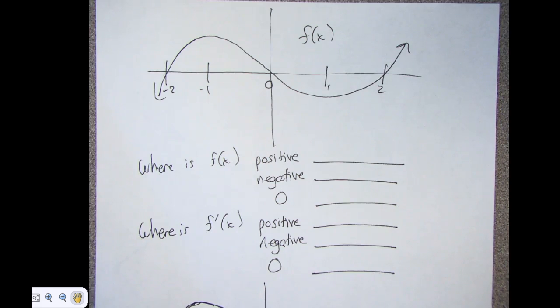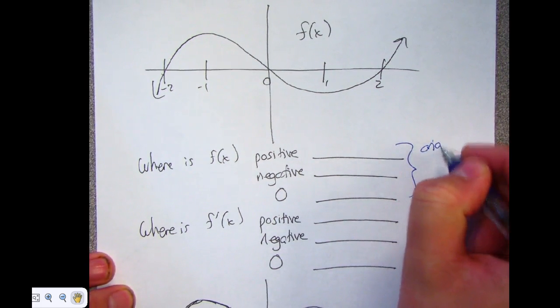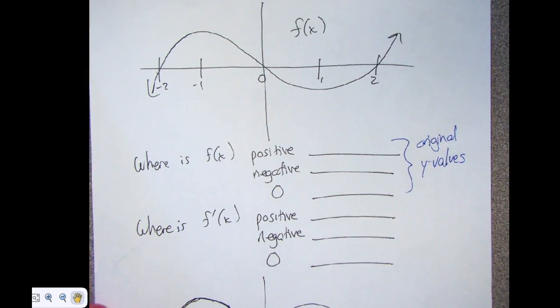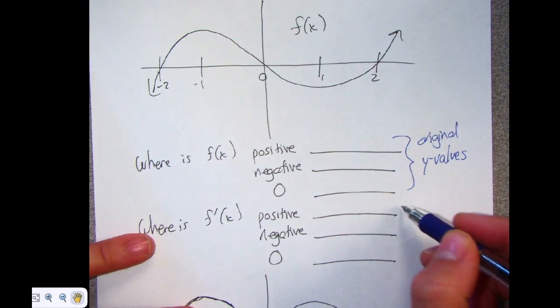So we get into here's the first derivative graph, the original graph, the first derivative graph, the second derivative graph. You have to be able to look at a second derivative graph and tell me information about the first derivative and the original. Look at a first derivative and tell me information about the original and the second. And you go back and forth. You have to have these different levels of thinking. So the original graph, this is what I would call the original. The y values on that graph are y values. That sounds ridiculous to say, but when we start comparing it, I think it'll make more sense. When I'm looking at the derivative